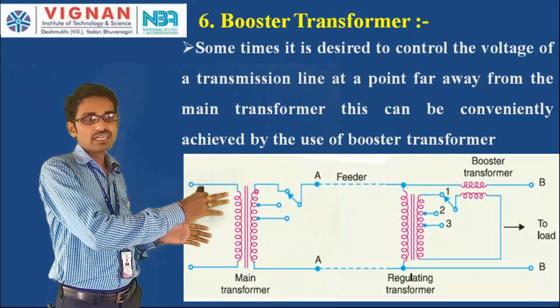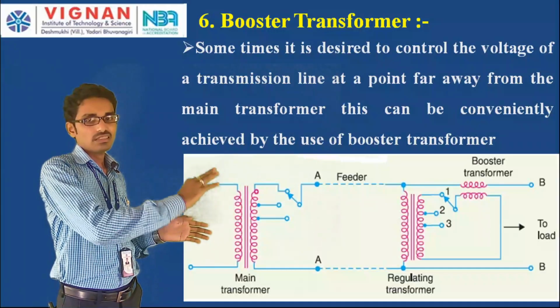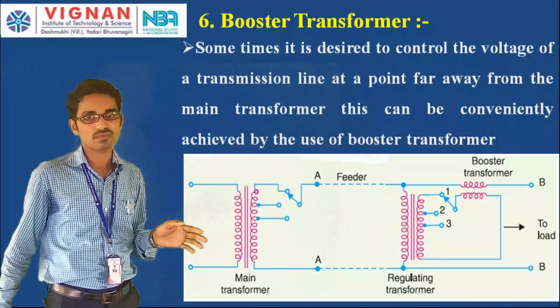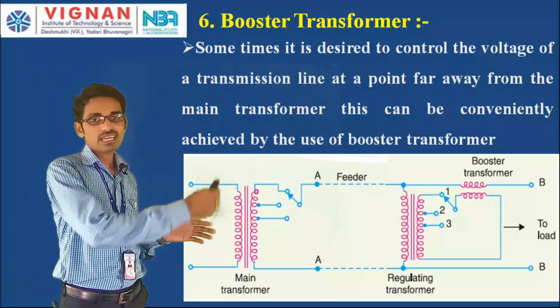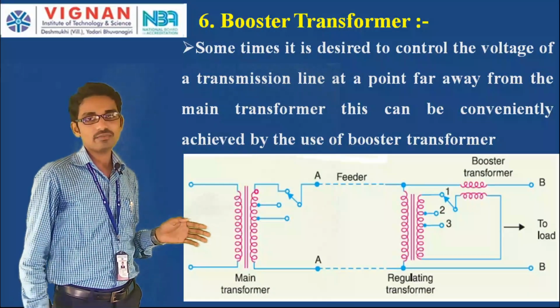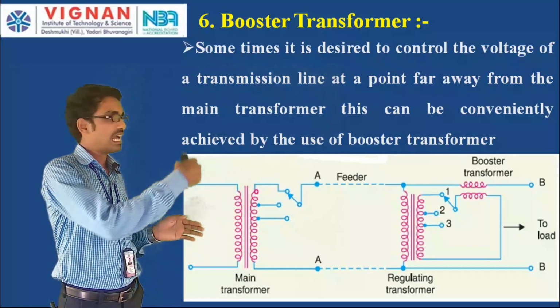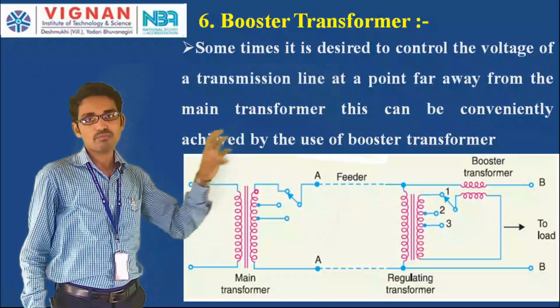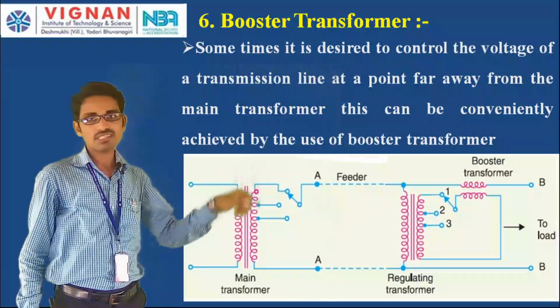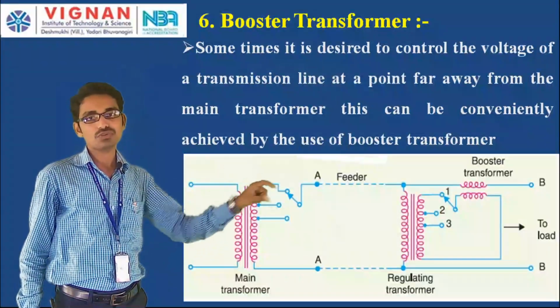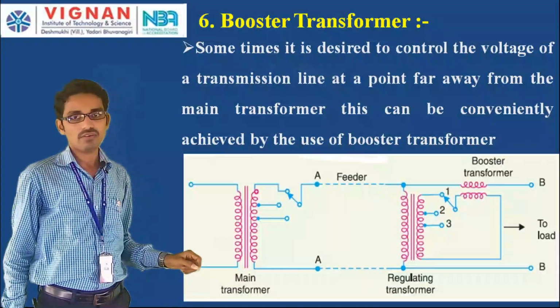So the main transformer tappings are going to be changed. Then that change is reflected on the regulating transformer, which has the tappings on the secondary. So how much voltage you need to keep? By changing that, we can have the fine voltage by the booster transformer tapping change. By the tap changes of the booster transformer, fine tuning of the voltage is going to be available